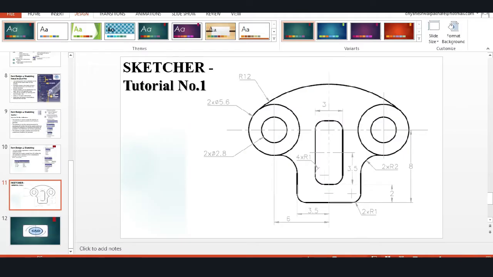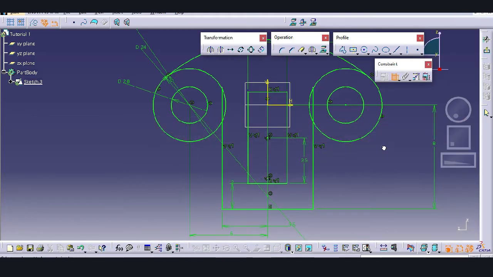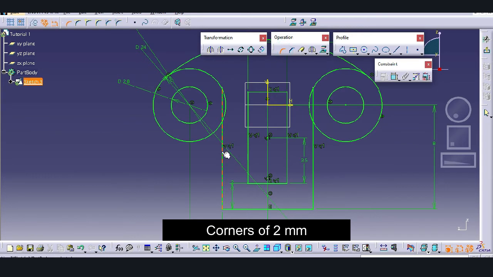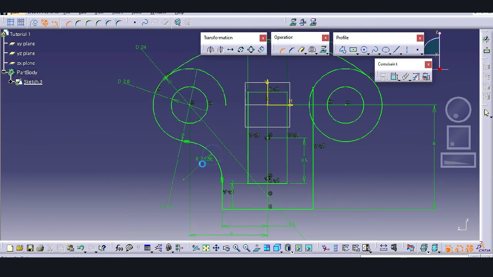So here we completed, but now the chamfers are remaining. A 2 mm by 2 mm chamfer. Let's take the chamfer command here, corner command, and we'll give the corner here of 2 mm. So we will use this command, and the remaining portion we will erase. We need to complete this circle, so we will use trim here, circle complete.